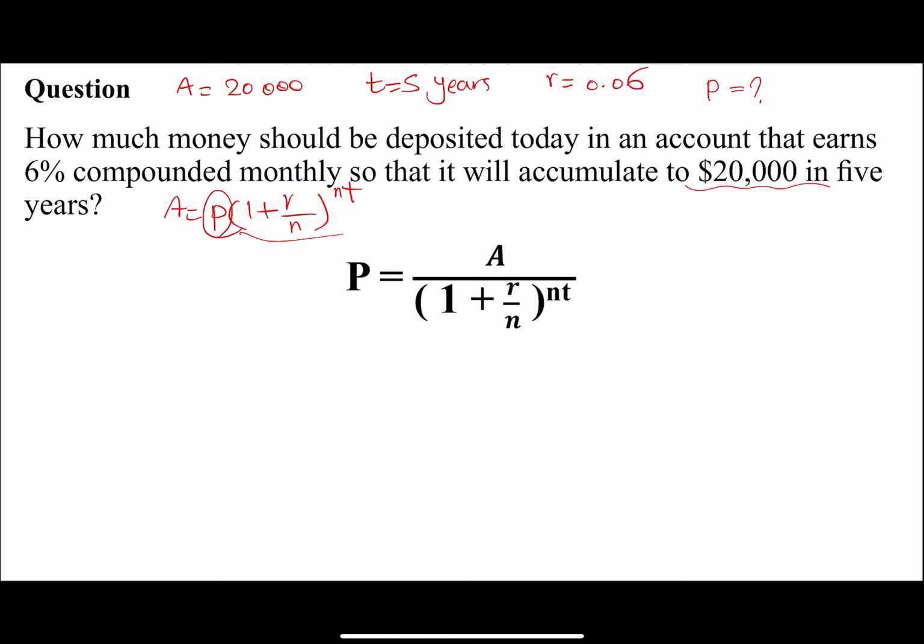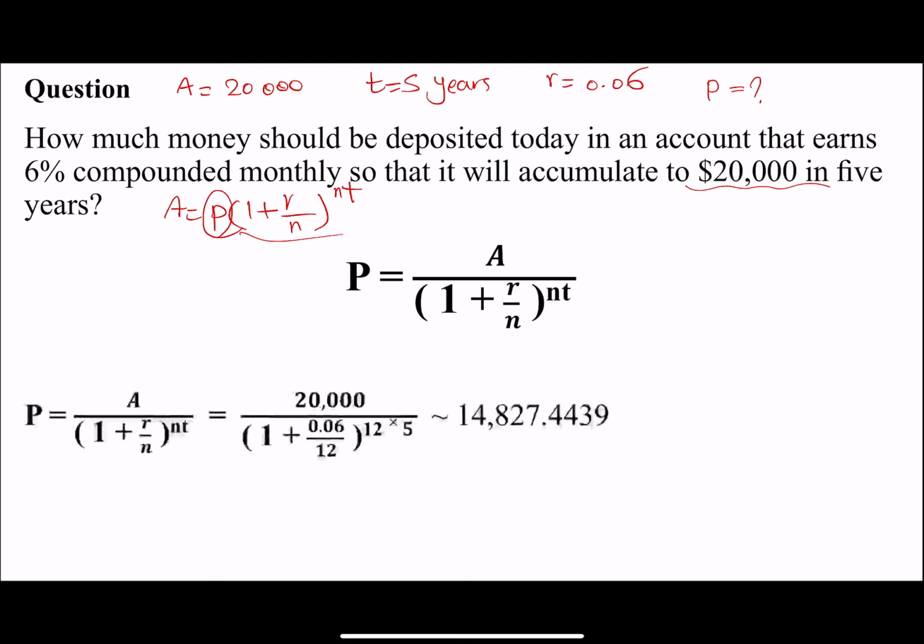You just plug in the values. A is 20,000, 1 plus r is 0.06 over 12, to the power of n, which is 12. It says compounded monthly, so n is equal to 12, and times t, which is 5 years. And you calculate it. So when you're reading the slides, calculate it. Let me know if you don't get a number close to this number. So as you see, that's approximately